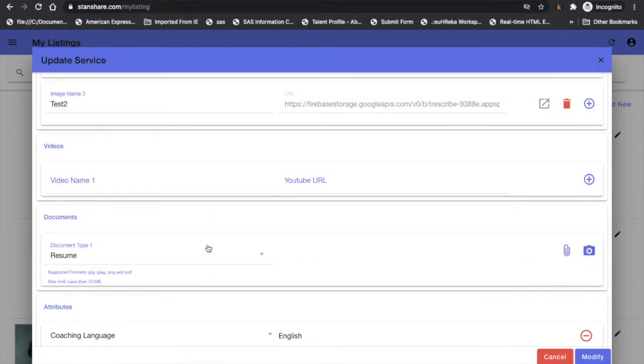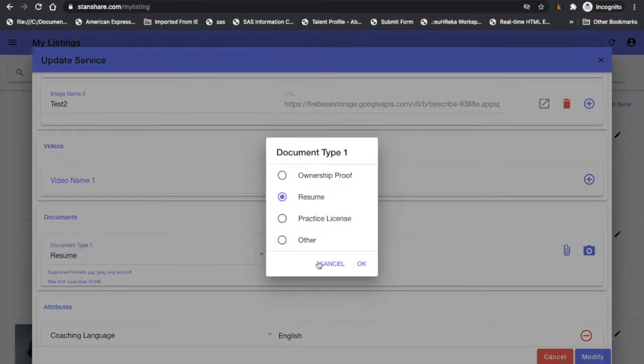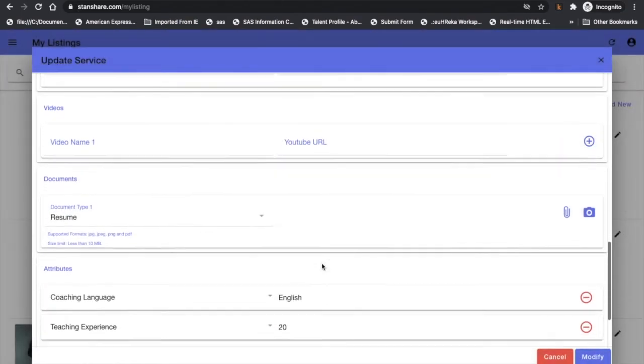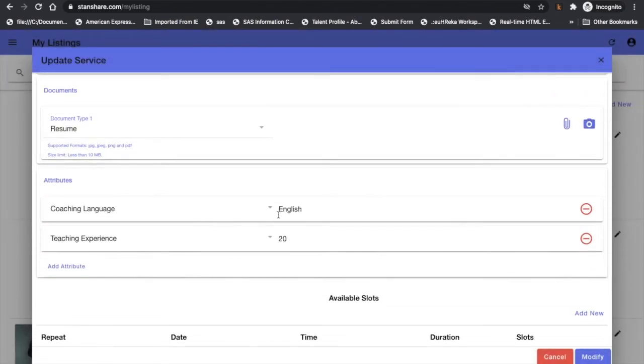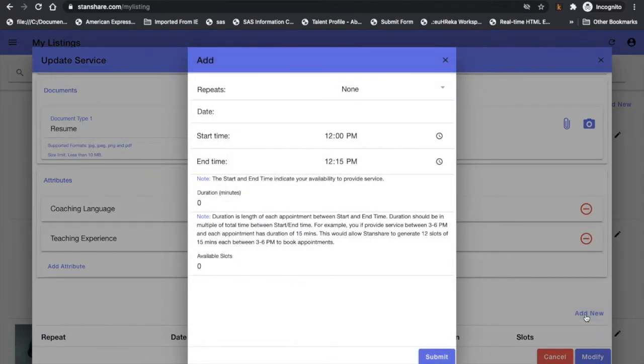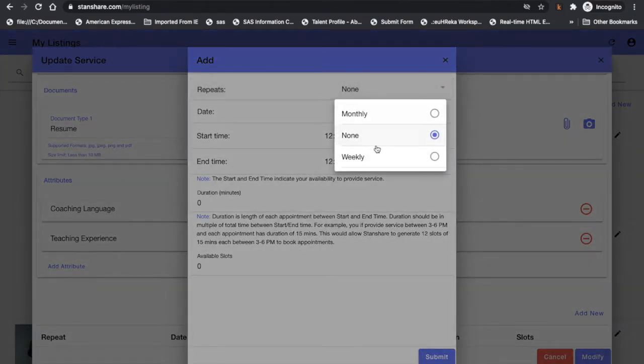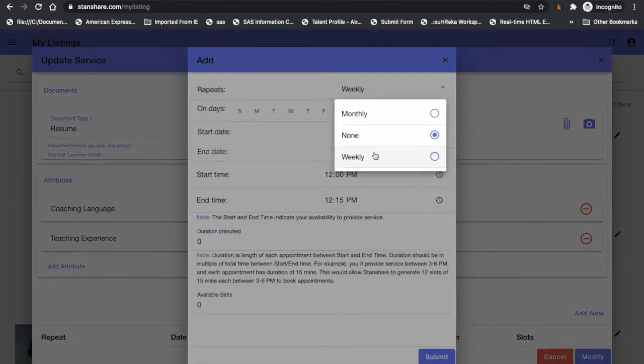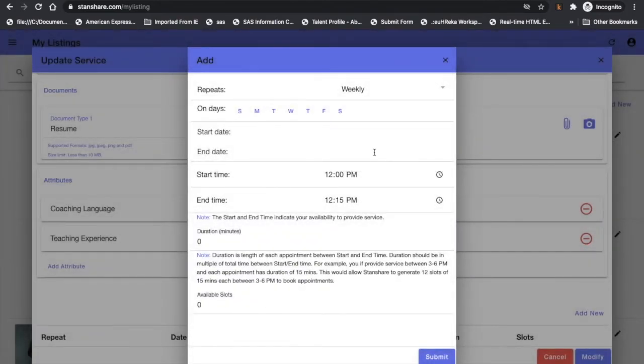Alright, so now I'm not looking at any of the documents, so let me cancel this. Now this is what you already have seen, the tags and attributes that you added. Now you need to go to the available slot. This talks about repeats. So I repeat my classes, say, every week. Now I only offer my classes on Monday, Wednesday and Friday,